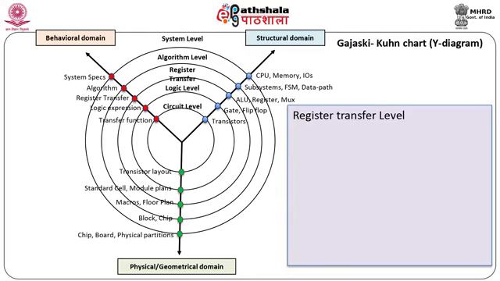In the physical/geometric domain, the logical level is described by standard cells. The physical description at this level is the placement of gates or cells and the routing of the interconnections wires. Normally, the area or size of IC is measured in terms of number of gates, which provides an advantage in measurement, which is independent of underlying device technology.